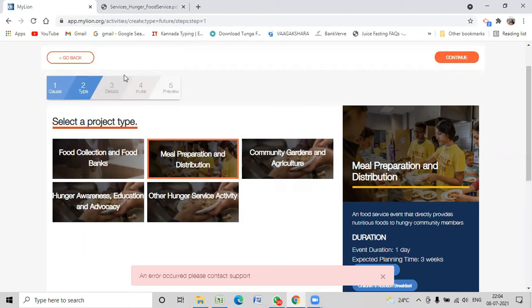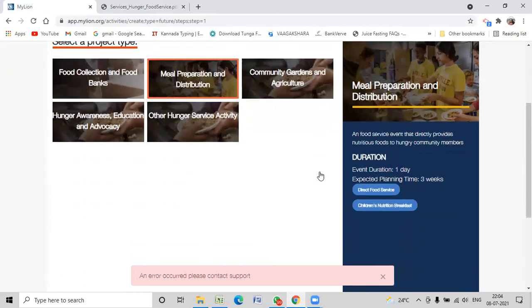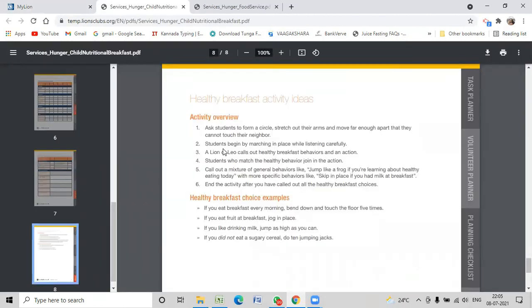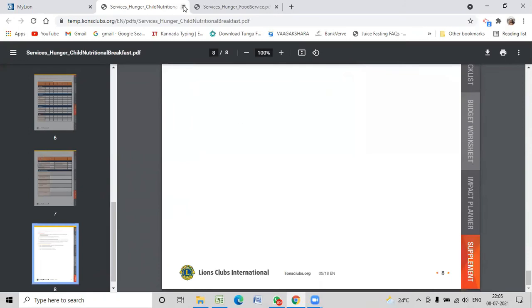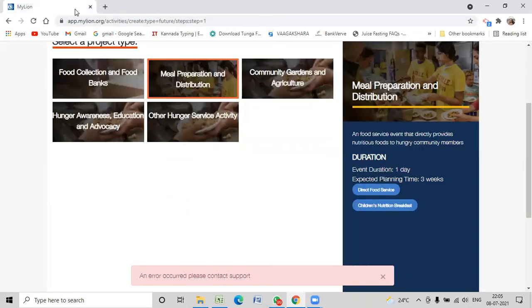If we pick, for example, environment or diabetes, it's going to give me separate documents like a project planner. Here it's giving me healthy breakfast ideas as well. Activity overview. It's telling me step by step how I can organize the activity, which is very, very helpful. Correct? Awesome. I think this is going to be very helpful to all of us.